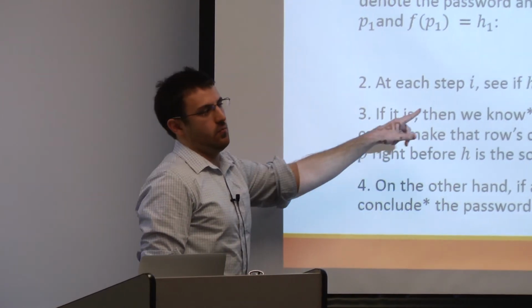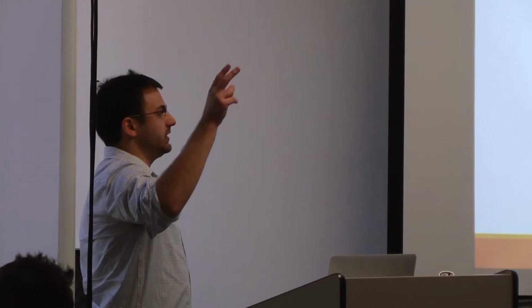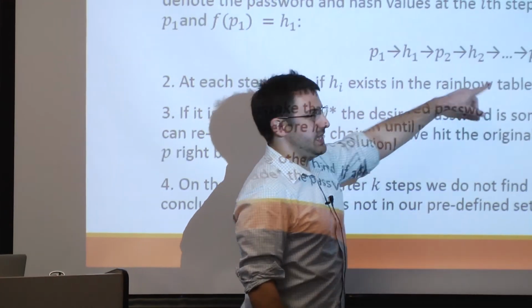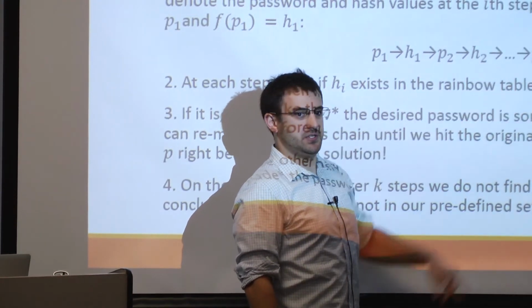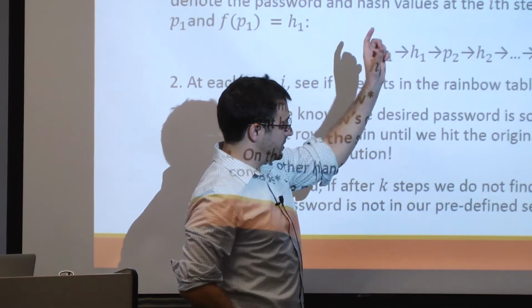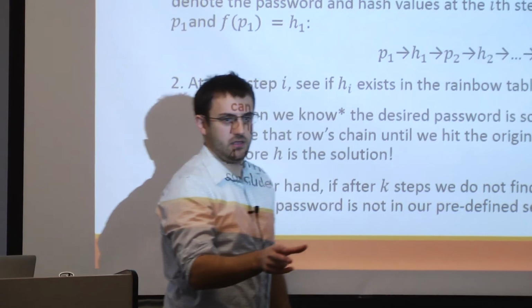And so what this does is you don't have to do a brute force attack. You really are only checking for a single entry. You only have to do up to k computations, 2 times k computations, right? You have to do k hashing, k reverse hashing values. And then at each hash value, you have to look up the second column of